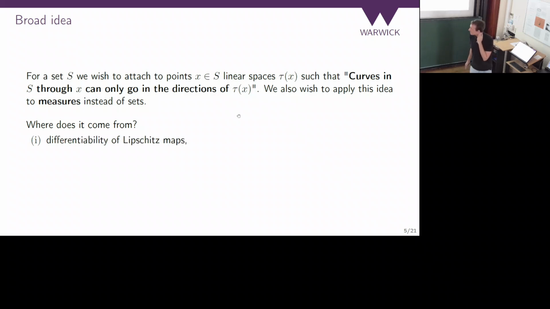Take it with a grain of salt, I was not able to verify this by speaking to the relevant people, but my understanding historically is that people were studying differentiability of Lipschitz maps. And when you study differentiability of Lipschitz maps, you realize very quickly that Lipschitz maps are differentiable along curves. And if you study this for a really long time, it starts looking like that's the only sense in which they're differentiable. Of course, in Rn, the moment you're differentiable along all curves, somehow you automatically upgrade to better notions of differentiability, like the Frechet differentiability. But inside the proof, it really comes down to having the curves.